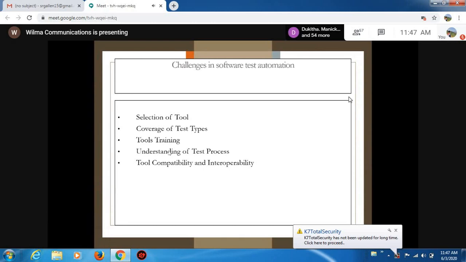For functional testing I have a different set of tools, and for performance testing, n number of tools are available. So which tool perfectly fits my requirement and my project? That is selecting the appropriate tool.